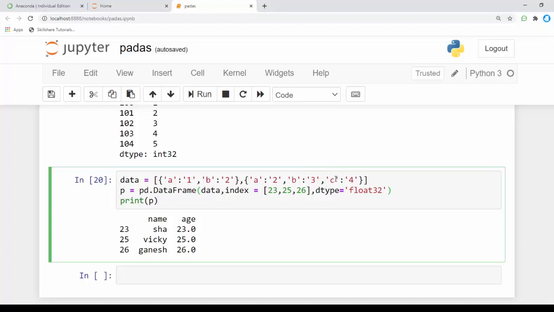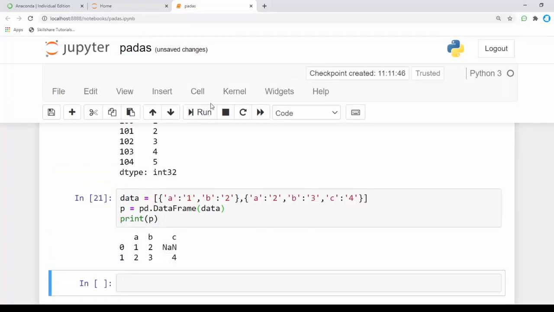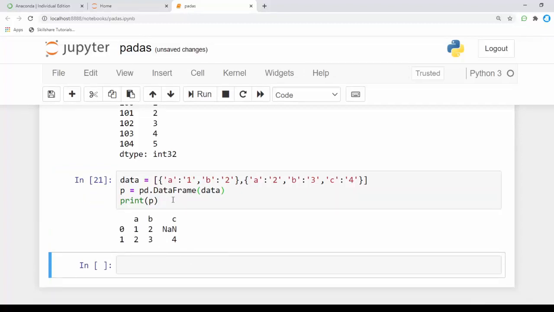I've created a C variable in my second only, but in the first I'm not creating a C variable. I'm going to remove this index position here, and the dtype also, it's not a float like that, so int is string here. I'm going to save this and run this, and we can see that it takes the values A1 and A2 here, and for B it's 2 and 3, and for C it has not been given here.